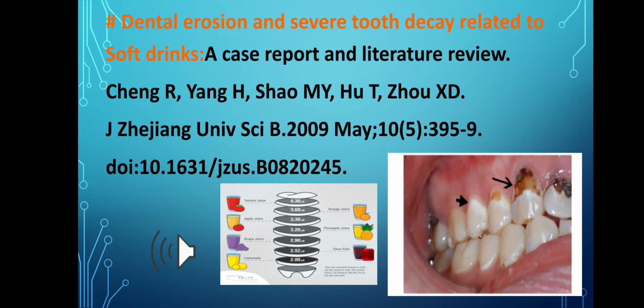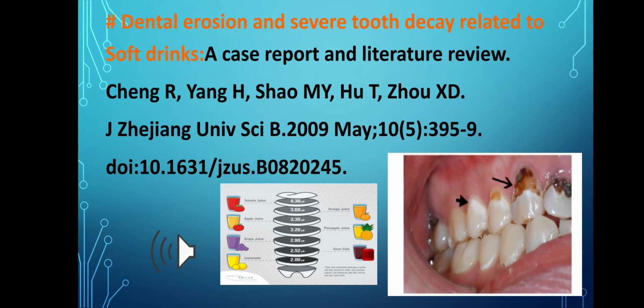Another article about soft drinks is "Dental erosion and severe tooth decay related to soft drinks: a case report and literature review." The abstract: soft drinks have many potential health problems. The inherent acids and sugars have both acidogenic and cariogenic potential, resulting in dental caries and potential enamel erosion. In this report, we present a